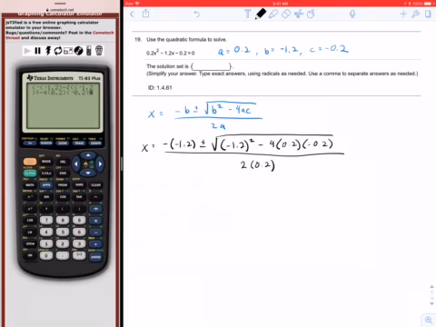That closes off the square root, and this should close off the numerator. Then we're going to say divided by the bottom, which is 2 times 0.2. That closes off the bottom. Okay, provided we didn't make any mistakes, and we'll check it, we get